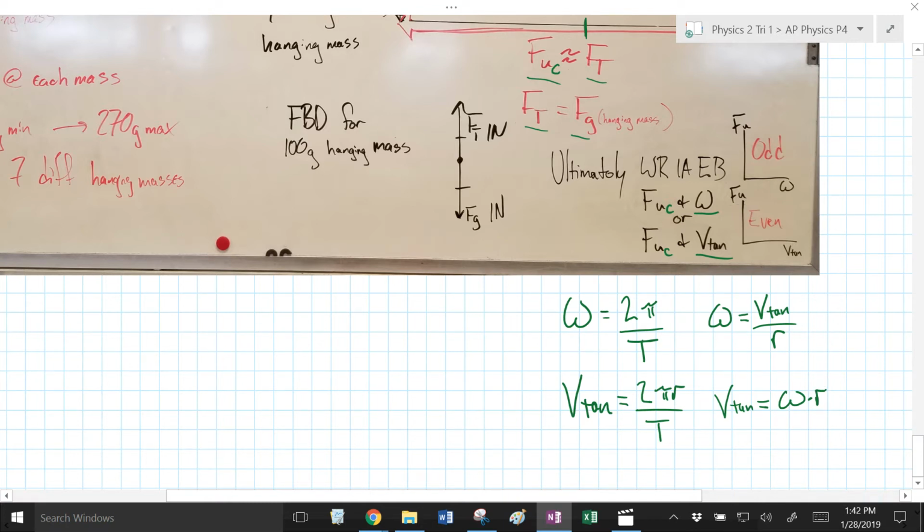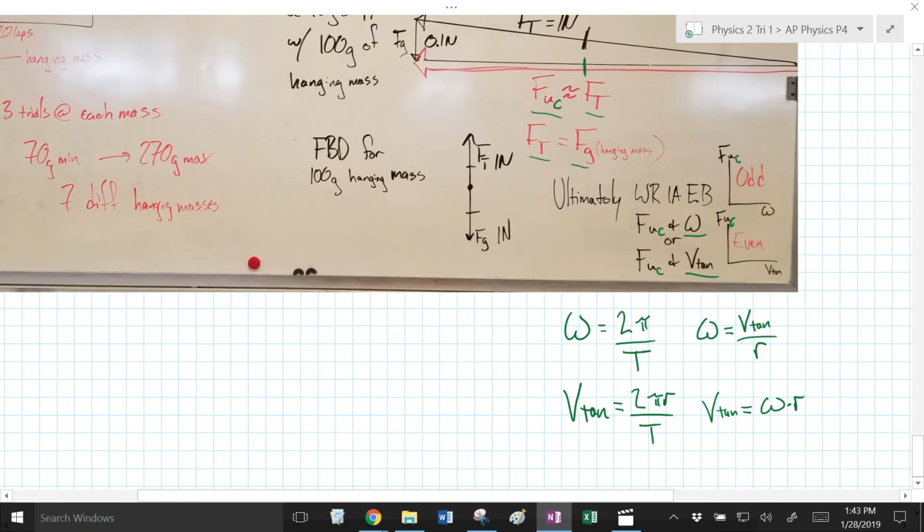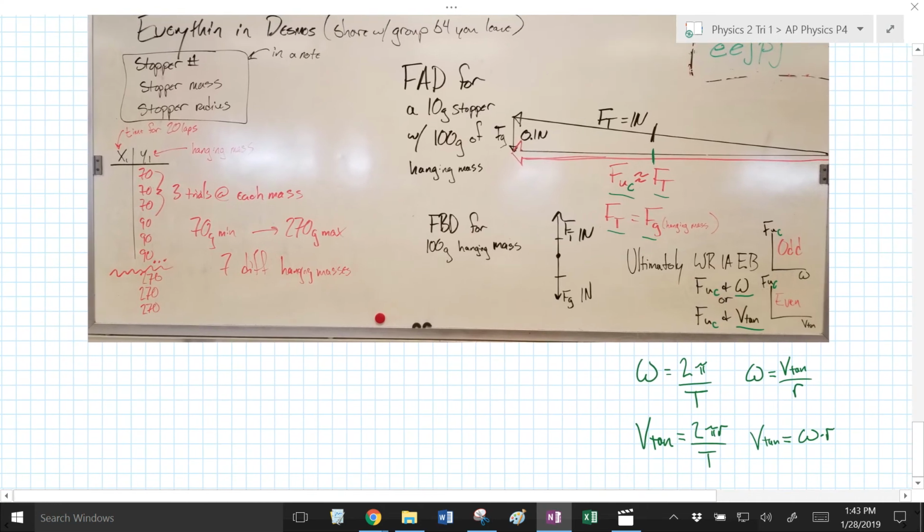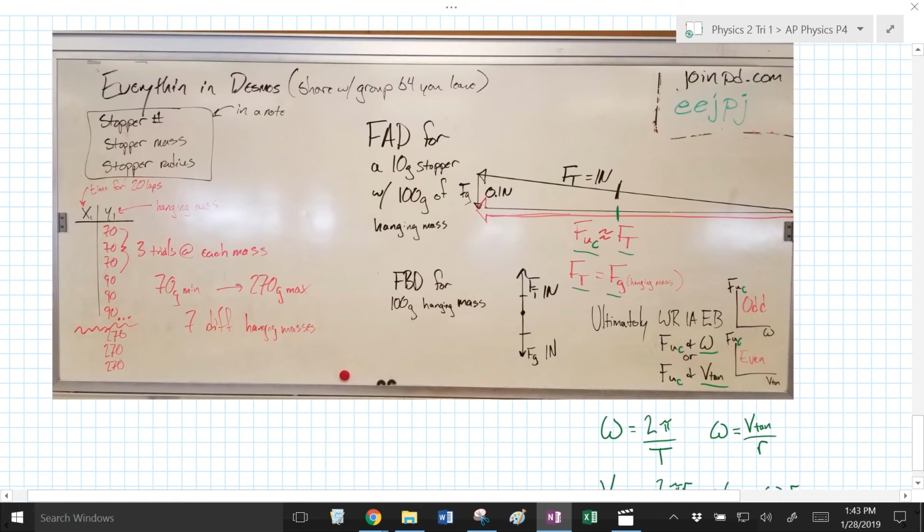Anyways, if your stopper number is odd, you're going to plot Fnet on the vertical axis versus omega on the horizontal axis. And if your stopper number is even, you're going to plot Fnet on the vertical axis versus Vtan on the horizontal. Okay. The rest of this is just the pre-lab stuff that we're going to discuss in class, but